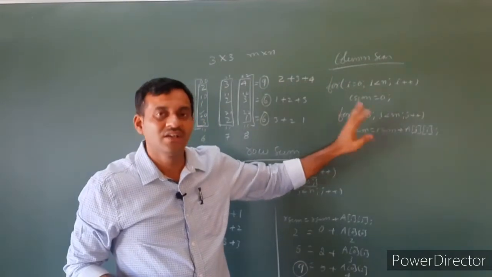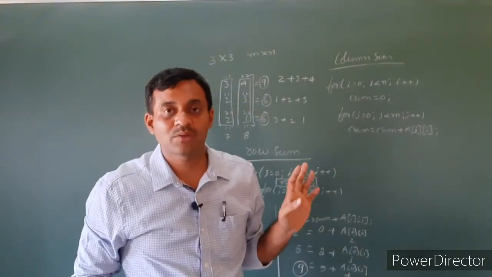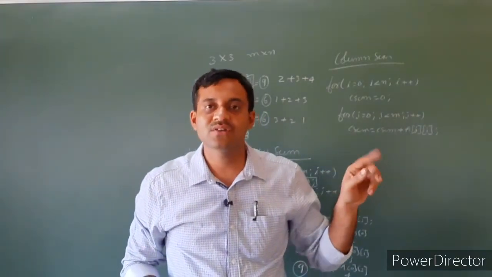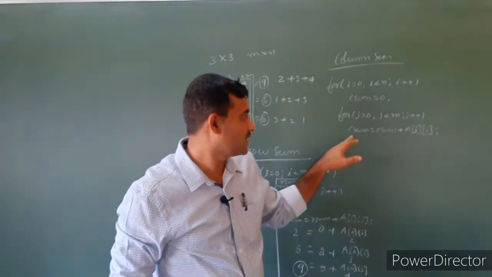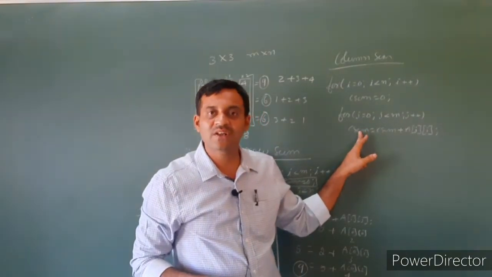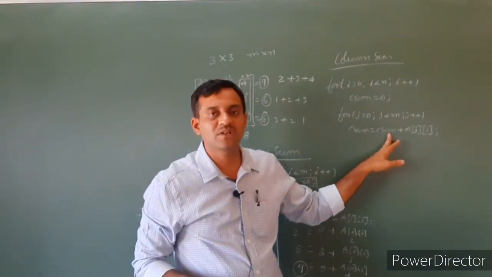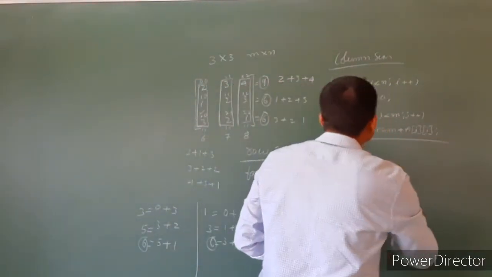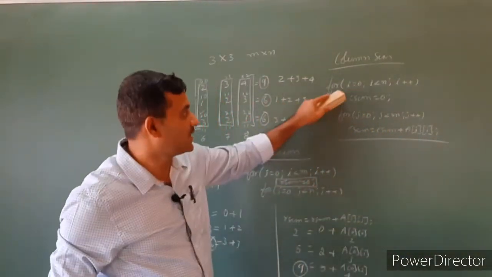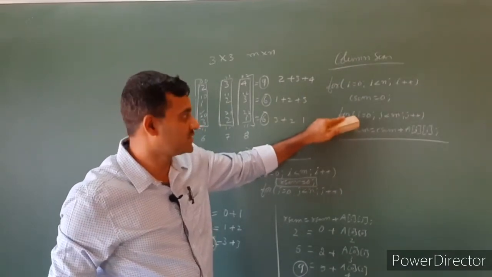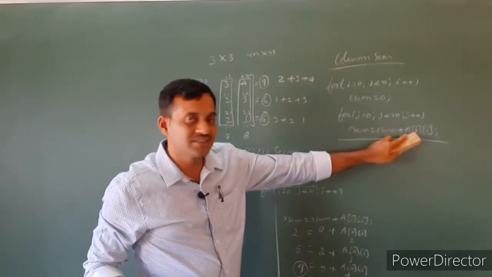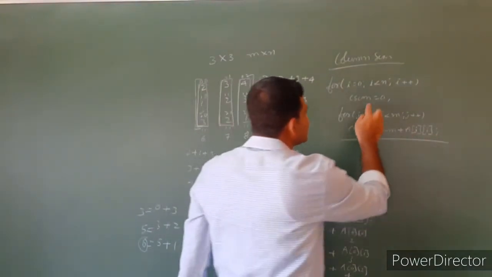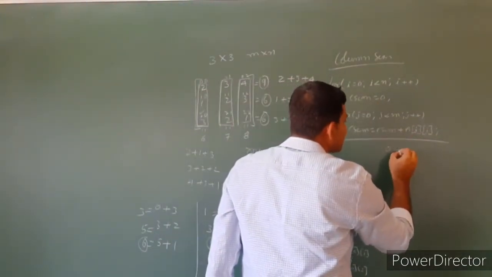The statement is sum of digits of a number. We write a program, sum of digits of a number. There we write sum equals sum plus digit. Similarly here, sum equals C sum. C sum stands for column sum, which is equal to column sum plus A of ij. Just trace the program. Initially, what is the value of I? I is 0, j value is also 0. Then first we write the j, then we write the I. Hence, first element is sum equals 0, so C sum is also 0.